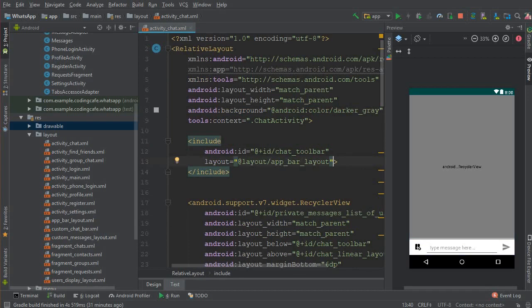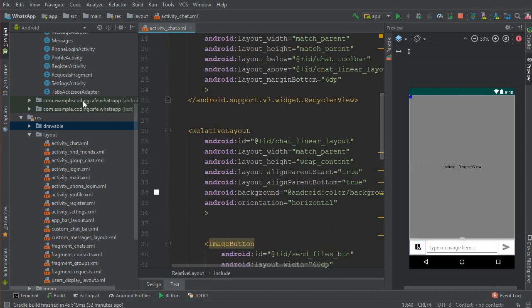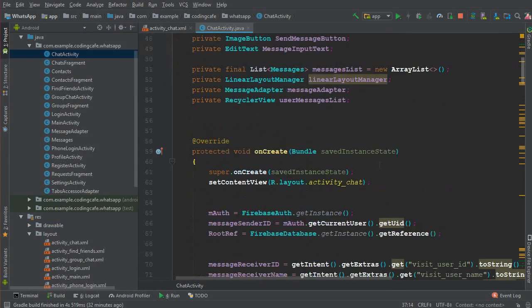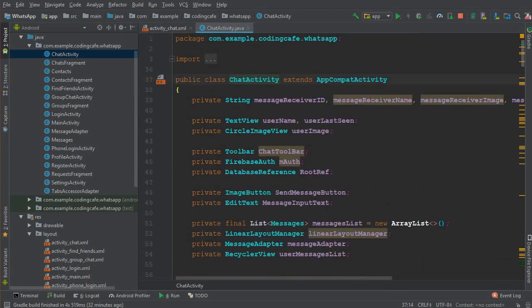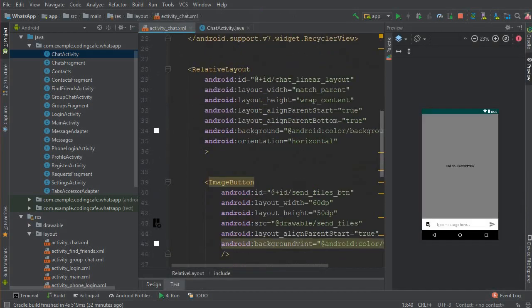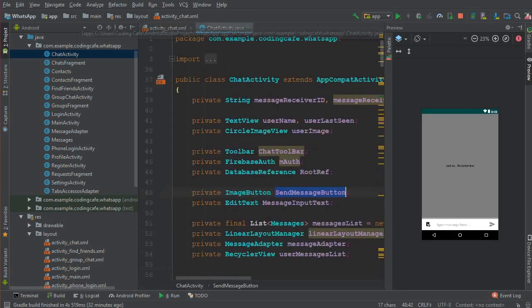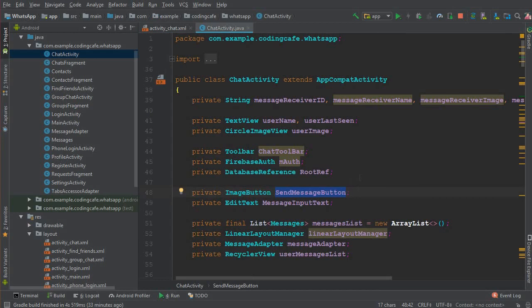So yeah, the rest of the thing will remain the same, and let's just add this one new button in our chat activity, so that in the next video we will just work on it. On our chat activity, by the way, this is the send message button. Here we initialize it with the image button, but it doesn't matter. But if we come here, this is also an image button, sorry for that. I just forgot, I think I used image view, so it is an image button. Okay, sorry for that. So we can just say send files button,